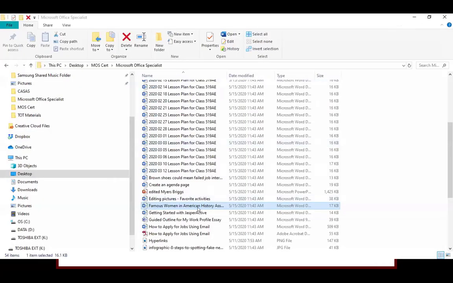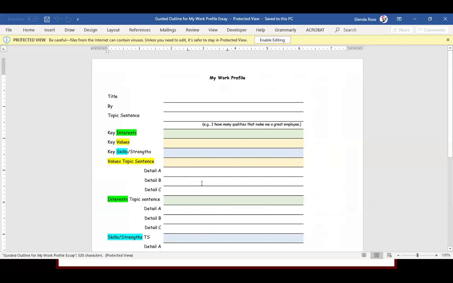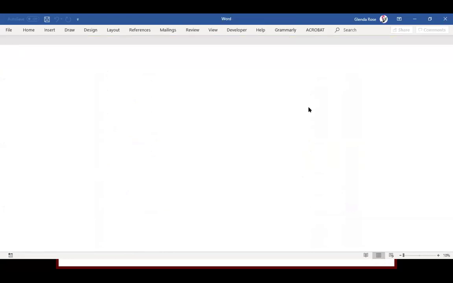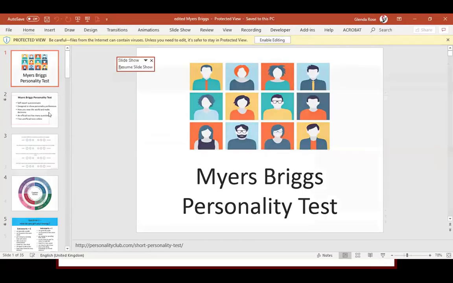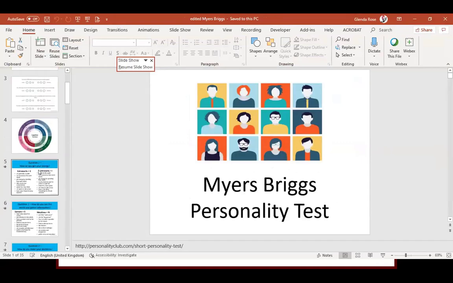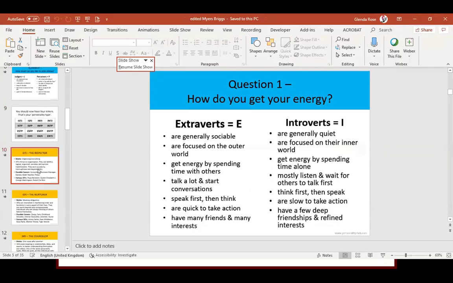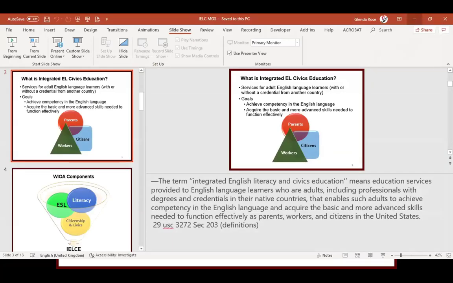Sure, I can share that one with you. So they had this part of the work outline, the resume thing. They had to write about their strengths and weaknesses, and we had done a lot of different things, like an edited Myers-Briggs personality traits presentation where we talked about what might be a good job for you based on your Myers-Briggs rough score. So that was kind of fun. They thought that was fascinating and how close it came to really identifying them.